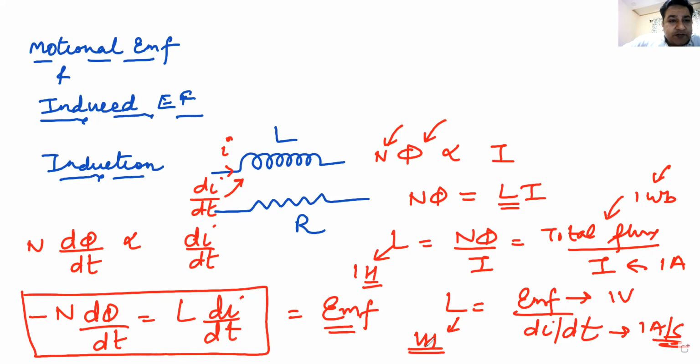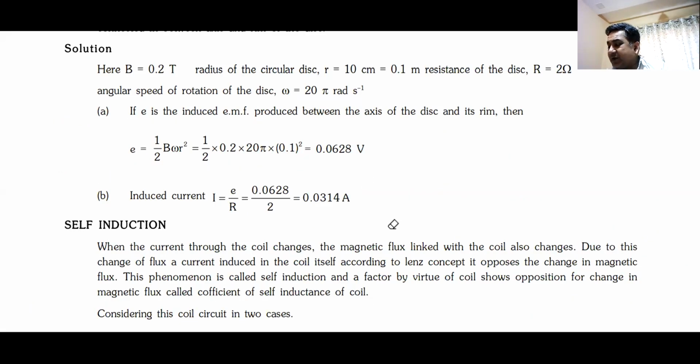So there are two ways in which we can understand this property of inductance. One is by the use of flux and other by the induced EMF. Do we understand this, everyone? So this is the property of self-inductance. Now, what is this property of self-inductance going to do? The first thing that you must understand is the way we introduce this.